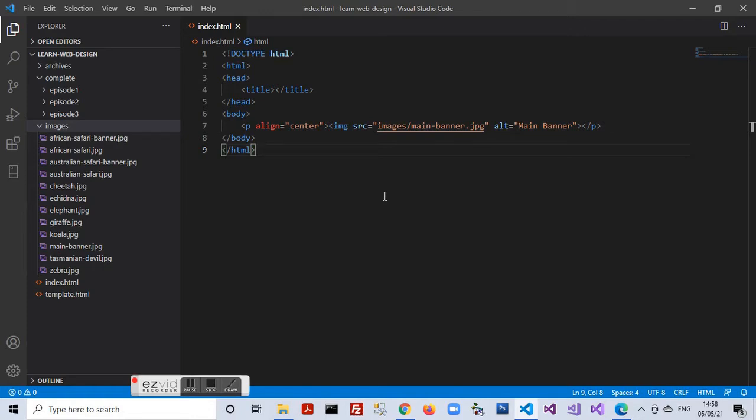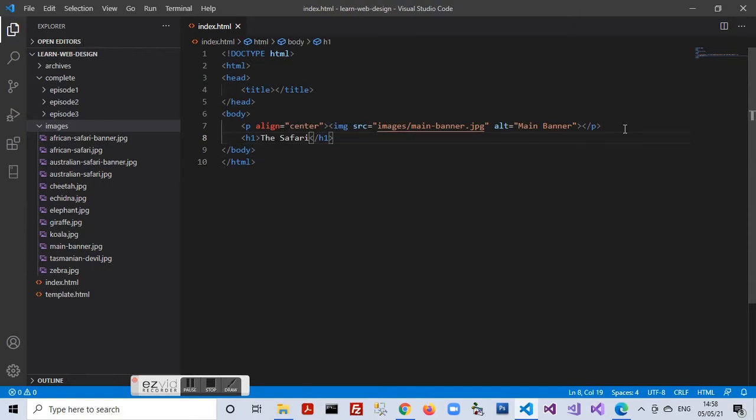So p align equal to center. So we save this, move back to the browser, refresh our page and see what effect it has given to the web page.